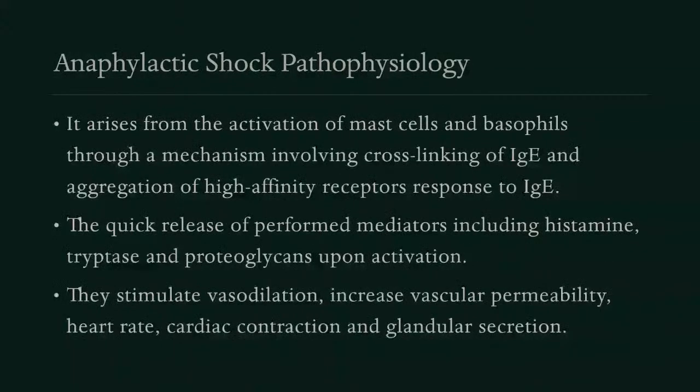Now, the anaphylaxis portion of it arises from the activation of mast cells and basophils through a mechanism involving the cross-linking of IgE and aggregation of high-affinity receptors in response to the IgE. That's the anaphylaxis portion. That's a little bit of the medicine of it, but IgE is basically a portion of the immune system that is responsible for mast cell activation, and as a result, you will get yourself into anaphylaxis. And then there are IgG and IgA and all other things that are not actually related to this